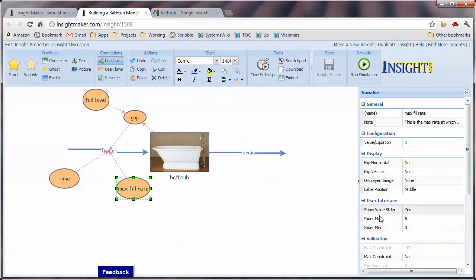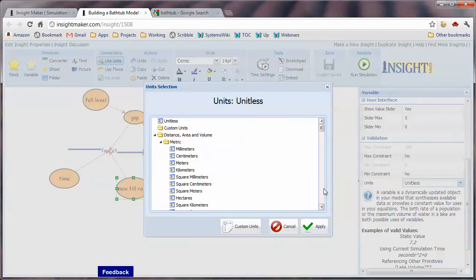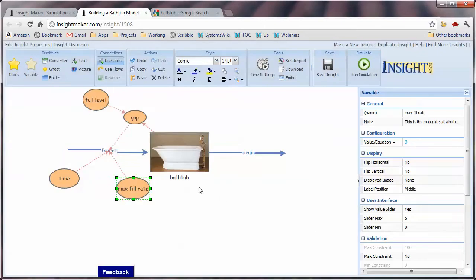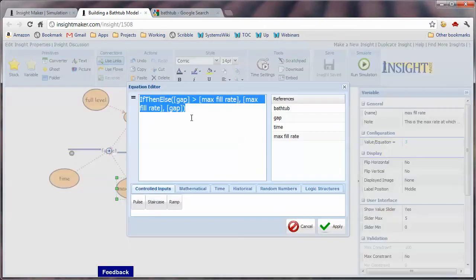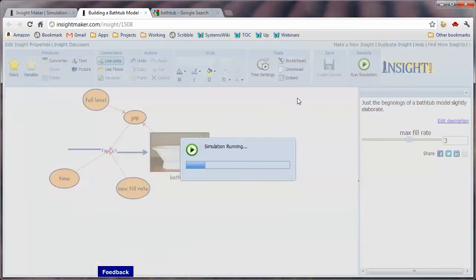Okay. Now we also should tell this that the maximum fill rate is also in gallons, and we need to modify this so that whether this is the max fill rate, which is in gallons, or the gap is in gallons, either one of those, divided by time, will in fact give us gallons per minute. So if we set this at 3 and we now go ahead and run the simulation and see what happens,